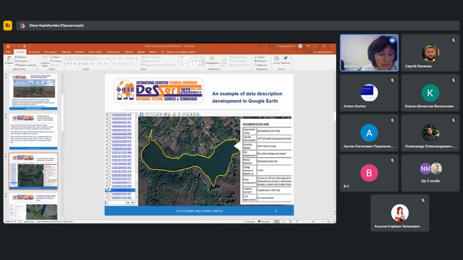Two systems were considered as geoinformation technology software tools, Google Earth and SoftFarm. In the global database of the Google Earth program, millions of satellite images of every part of Earth are stored. With the help of these images, it is possible to view a certain area in real form. The figure on the slide shows an example of a water body with the given contours and cadastral number data using